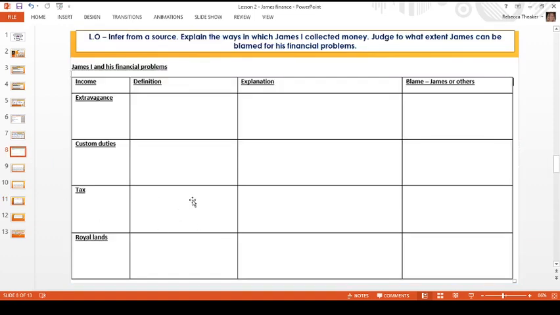So in this box, definition: what is tax? Explanation: what problems did James face with tax? And then blame: can we blame James for the issues with taxation, or actually does the blame fall elsewhere, and why? And then the last one,